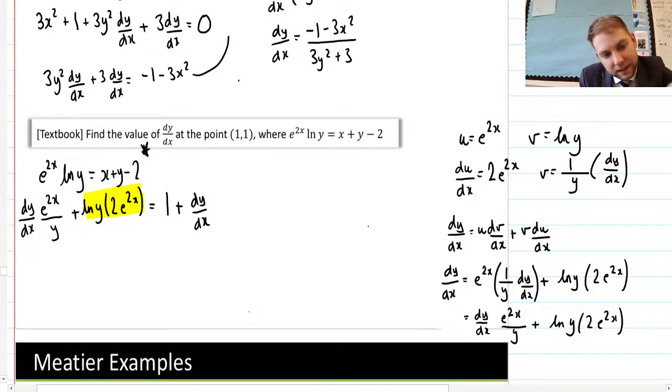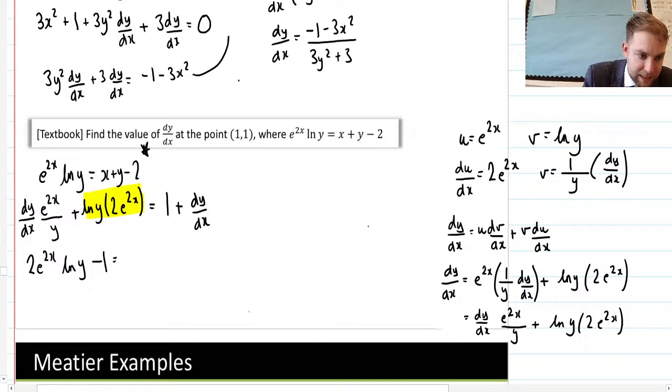I'm going to take the dy by dx over to one side. I'm going to take the 1 back. So it's going to be 2e to the 2x ln of y. Bring the 1 over. Minus 1 is equal to, so keep that dy by dx there,